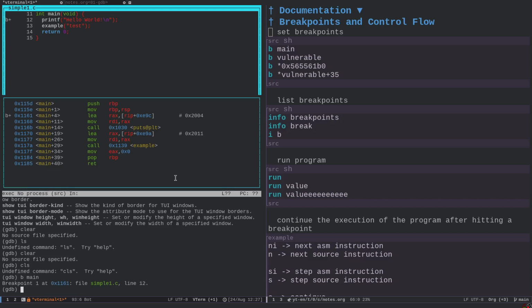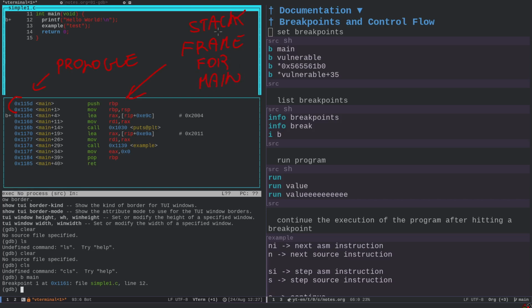So notice here, we put breakpoint 1, and here is where the breakpoint was inserted. Notice that it was not inserted in the truly first instruction of main. Why is this the case? Because the first two instructions are called the prologue of a function, and essentially they have to do with setting up the data structure used to handle that function, which is the stack. So this prologue sets up the frame, the stack frame for main,